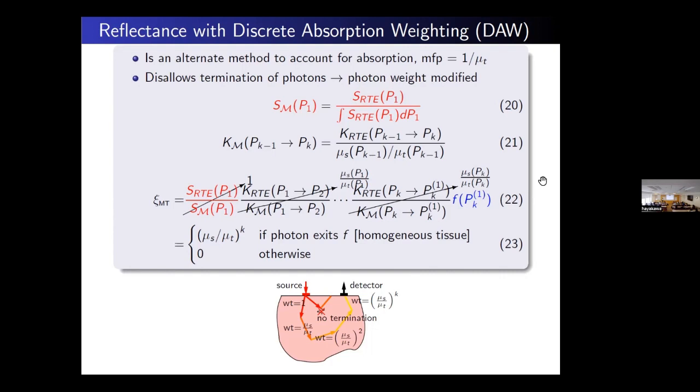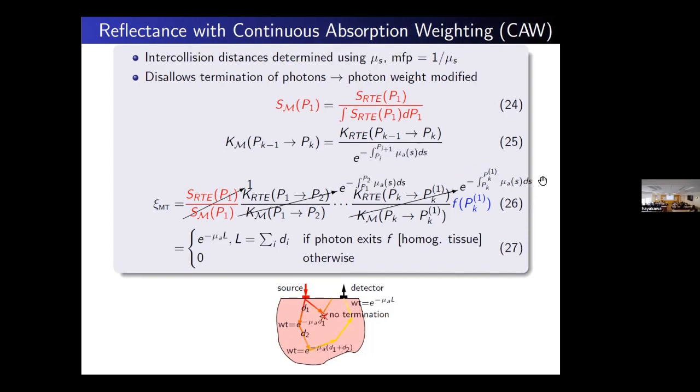One of the things though is that because we disallow termination, this can run a long time, especially for semi-infinite media. Basically, we'll run photons in, and then they go out the surface nowhere close to the detector, but still, you're running it. And you could turn on something like Russian roulette to terminate them. We should add that to our simulation.